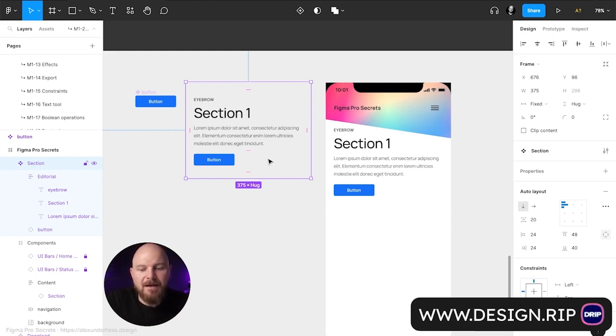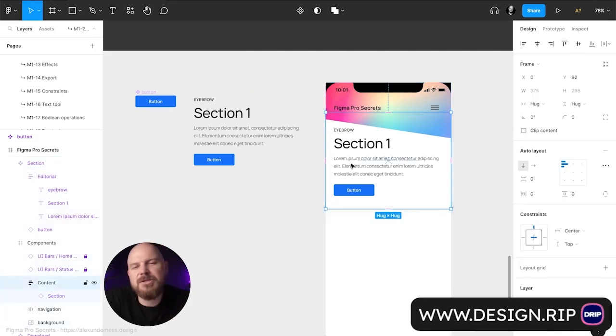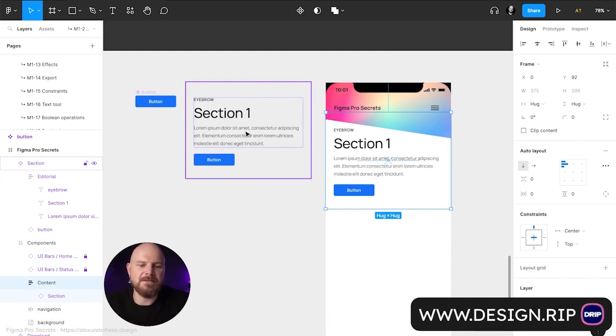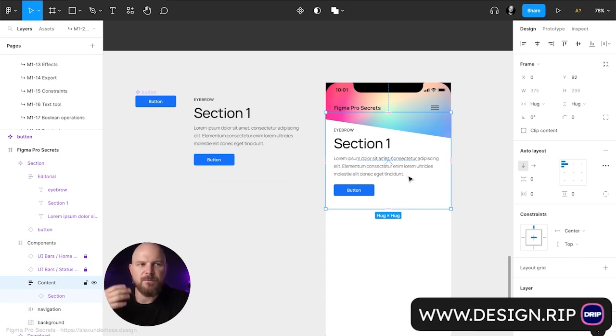So keep it in mind that it's up to you. You can keep them in your design, but it will be just easier for you to work when your master component is outside of your main design. In Figma, what's also cool, if you don't know where the master component is,